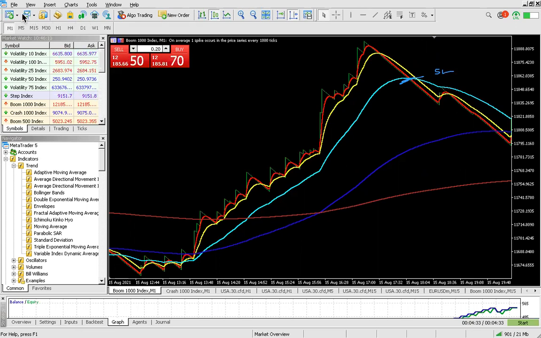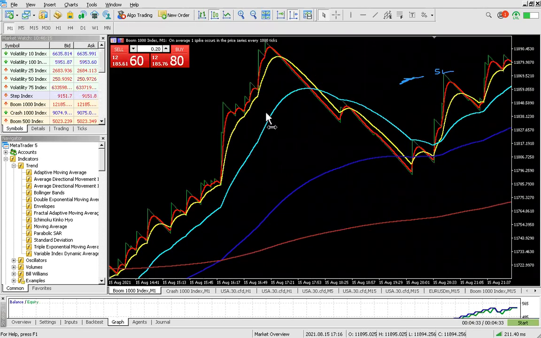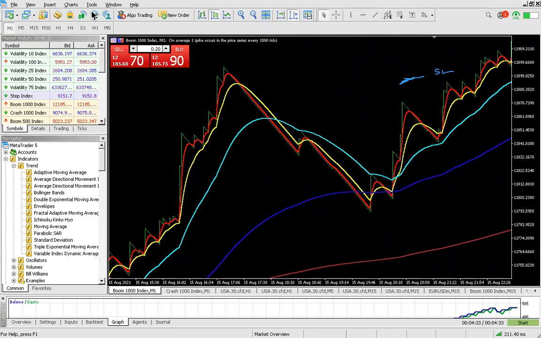So what will happen majority of the time is that the market will come back down. If it does not bounce on this 92 EMA, it will bounce on the 365 EMA. So this is for Boom 1000. And if you're going to trade against the spike,